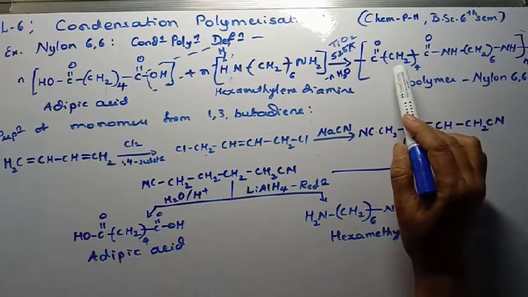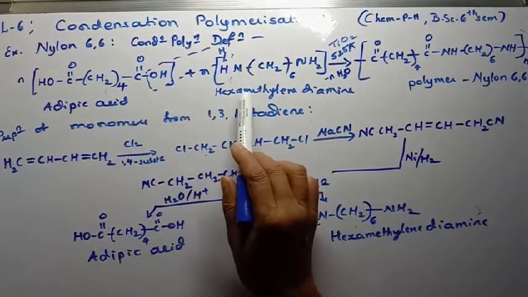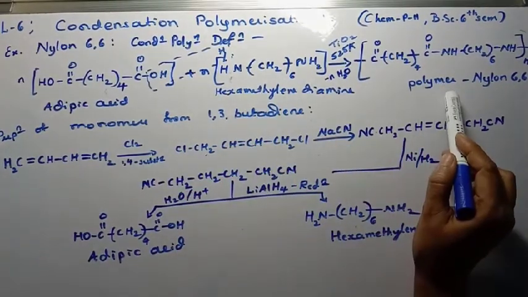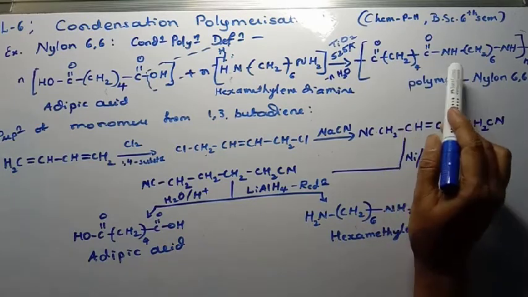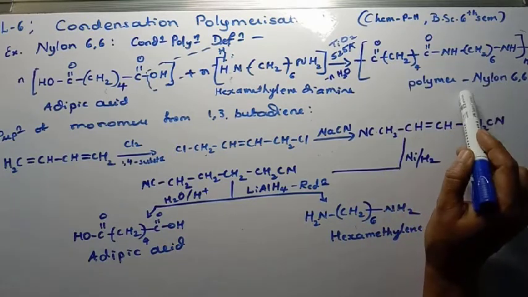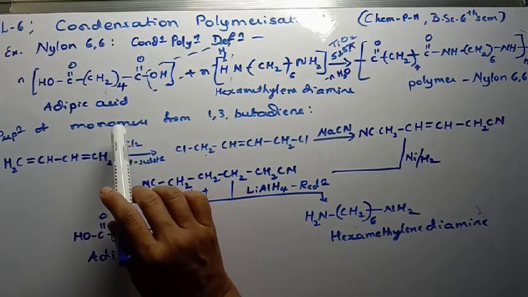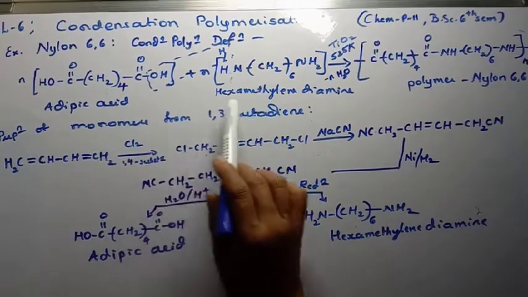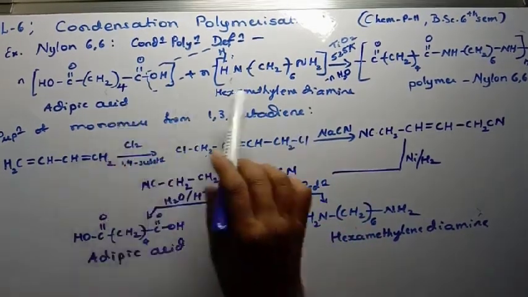As a result of condensation of these two monomers, a polymer is obtained, and this is nothing but nylon 6,6, or a partial structure of nylon 6,6. So here the monomers are adipic acid and hexamethylene diamine. So the preparation of monomers is to be